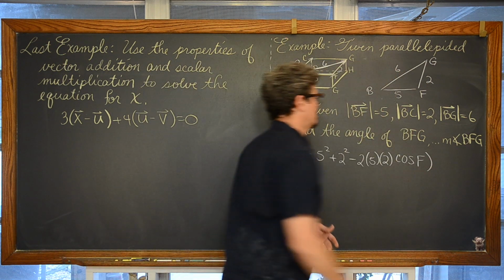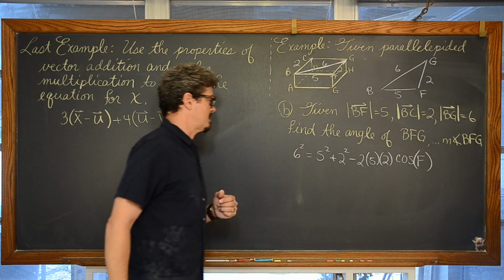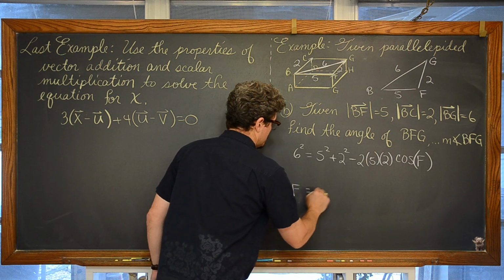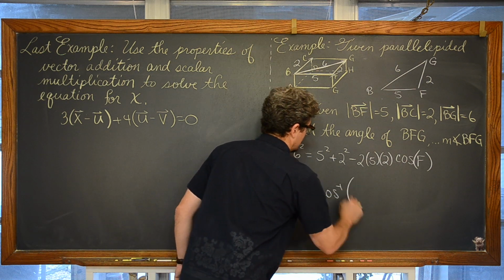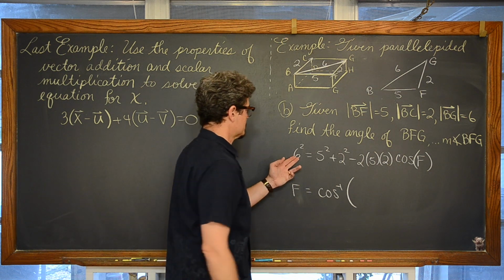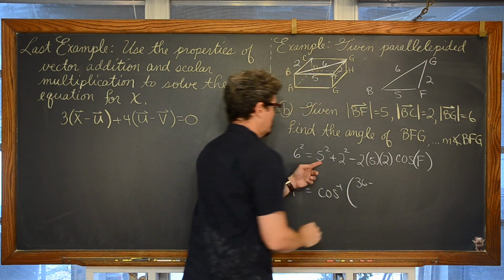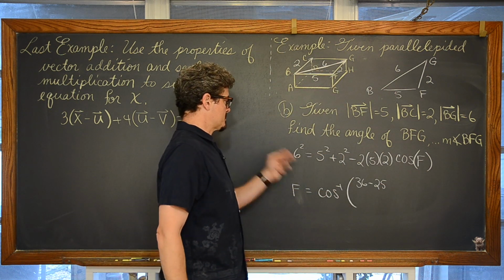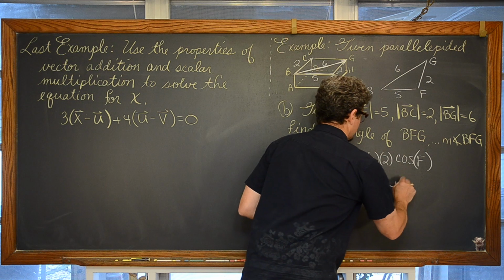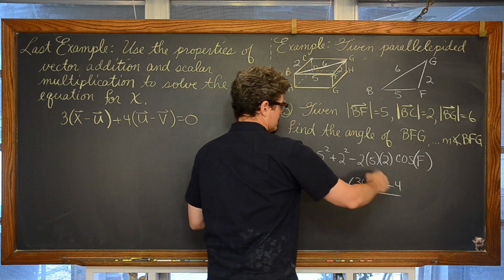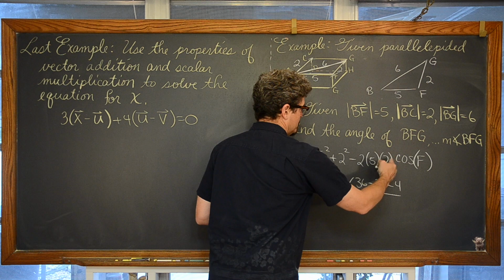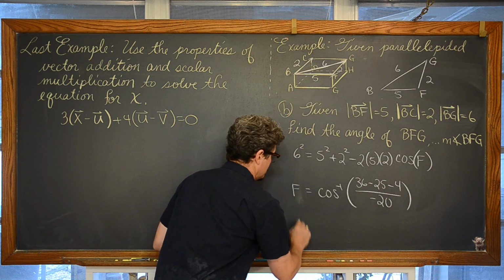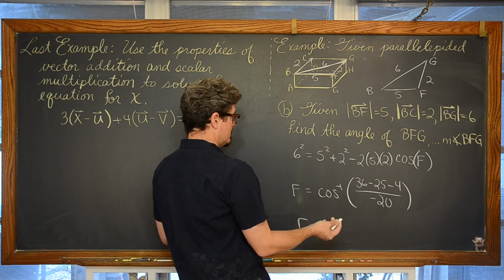And you're just simply going to work through this, subtract both sides by your 5 squared and your 2 squared. So we're looking at F is equal to the inverse cosine. I'm going to turn this around too. 6 squared is 36, minus 5 squared is 25, minus 2 squared, because we're moving the 5 squared and the 2 squared over, which is going to be minus 4. Subtract those over, divide by negative 2 times 2 is negative 4, times 5 is negative 20.